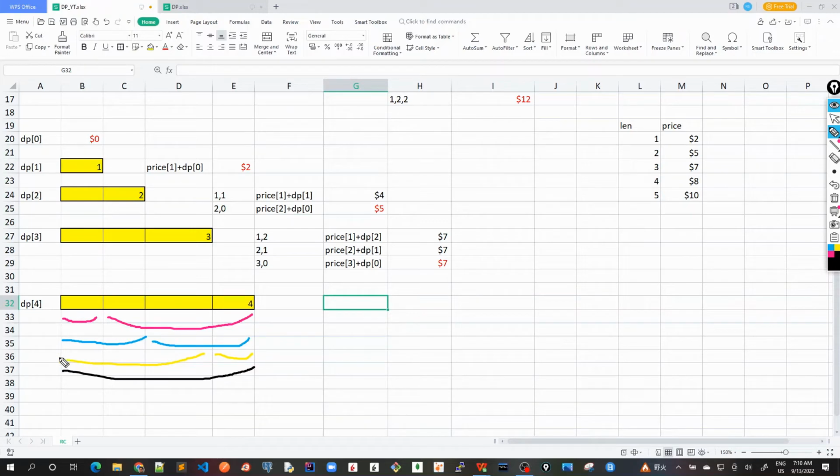Then we take the third price, which is less than 4, which is 3. So we take the price of 3 here, and we take whatever is left over, and we have already calculated dp1, so we take the dp value here. And similarly for 4 equal to 4, we take the price of length 4, and then we take dp0, which is already calculated as 0. So this is how we are breaking down this problem into an algorithm. So if I write this here again,